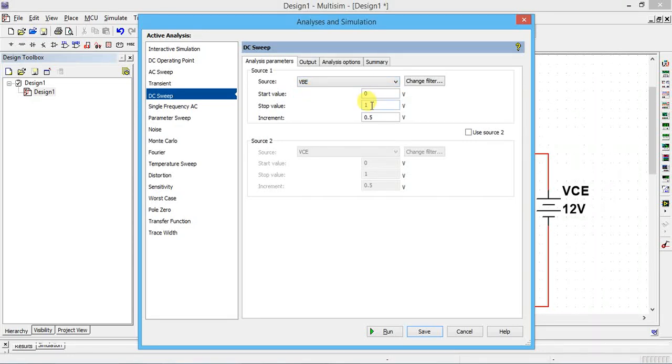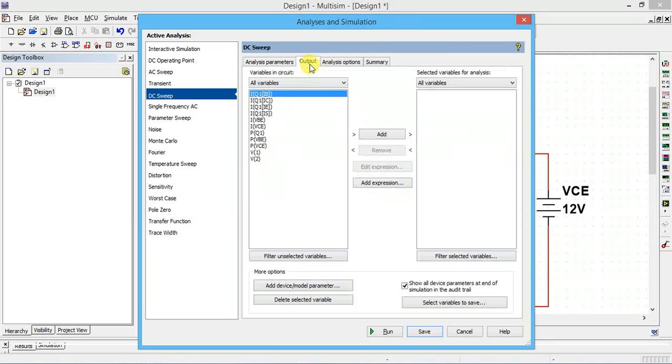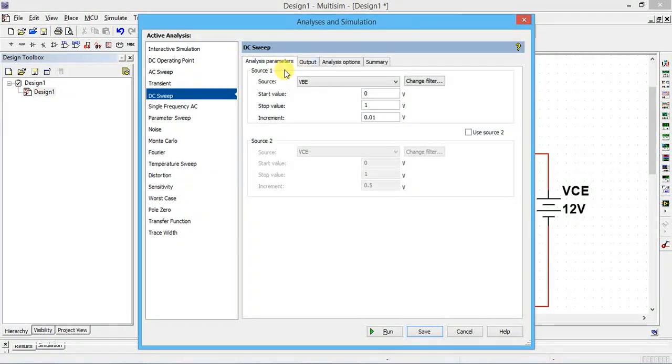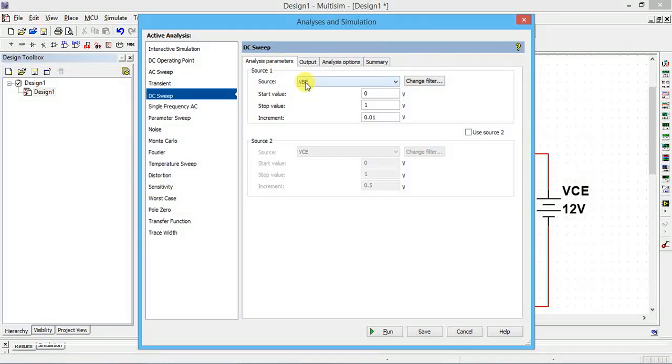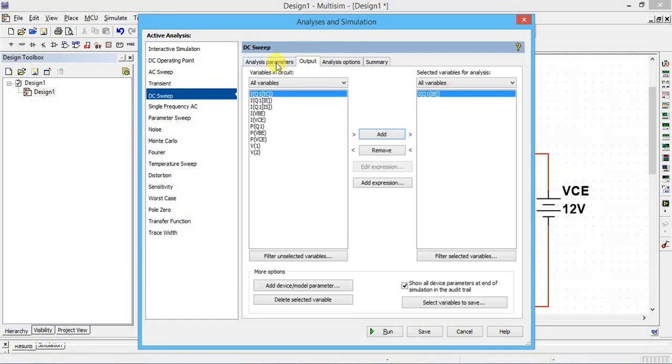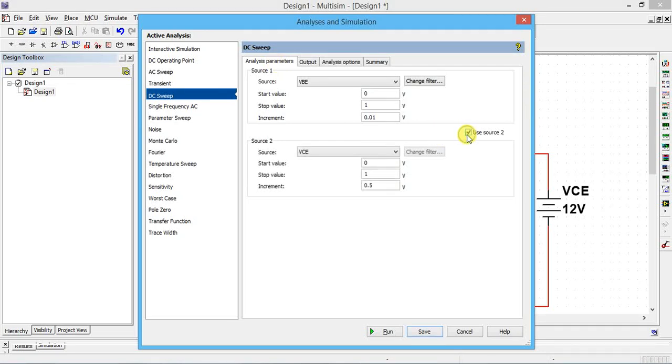VBE is varied from 0 to 1 with a step of 0.01. Output is there immediately. It is VBE versus output, what? IB. This is IB, it's already selected. Click the add button. So it is VBE versus IB. After that, use the second source.